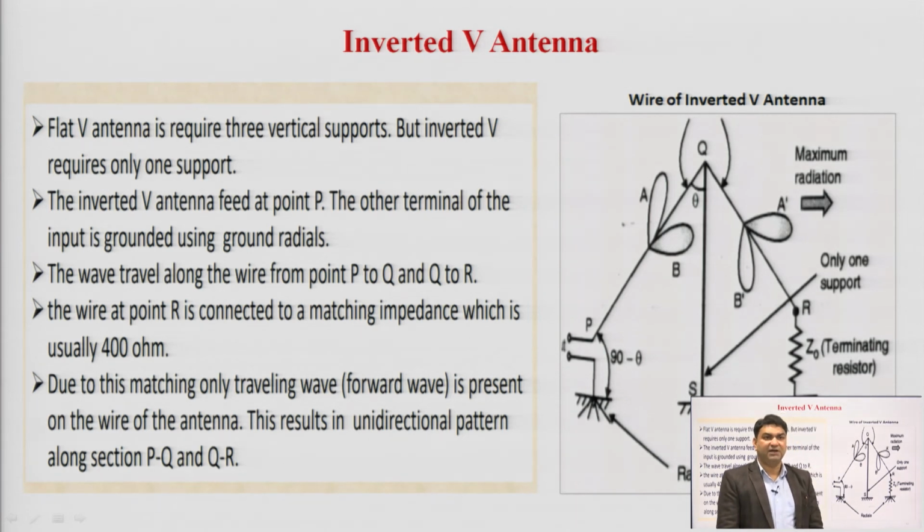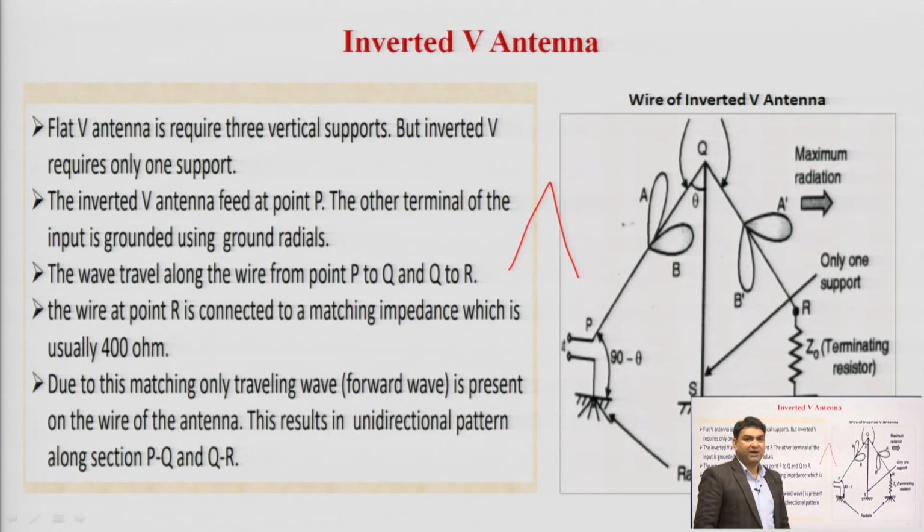A flat V antenna requires 3 vertical supports, but an inverted V antenna requires only one support. In this particular diagram, you can see that when the V antenna is shaped like this, an inverted V, this design has the characteristic of better directional